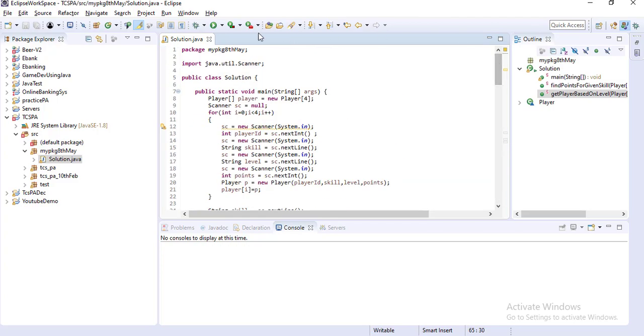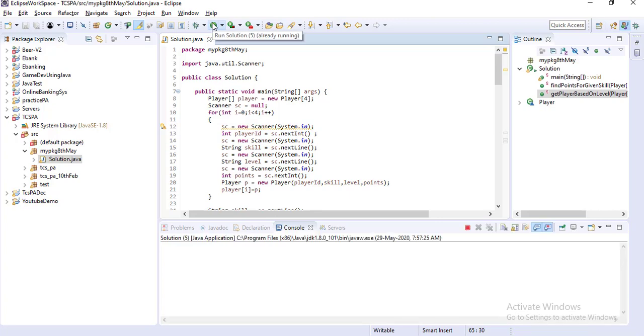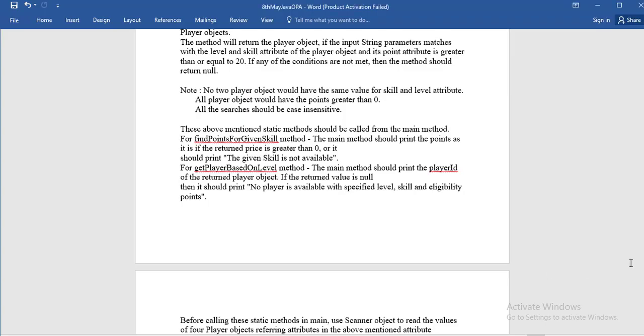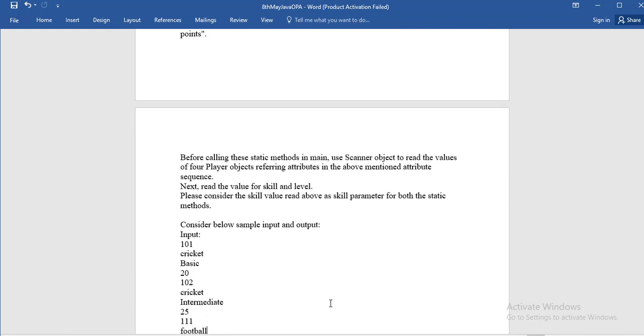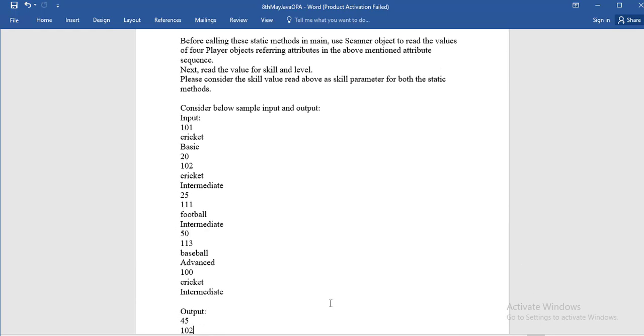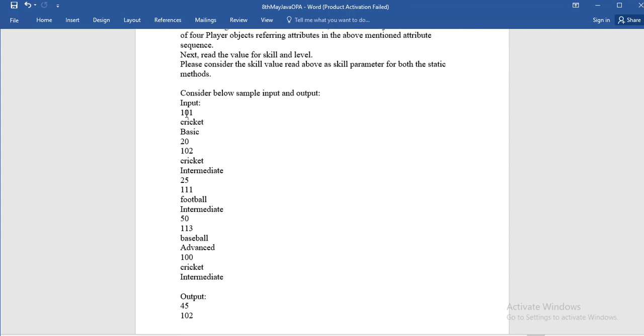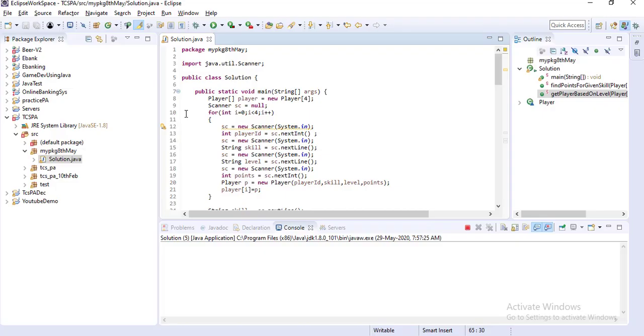Now if I execute this code with the values, here is my input set. So here I am copying from here. So input is 101.